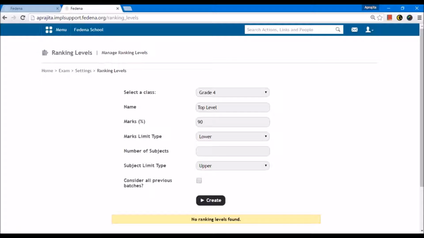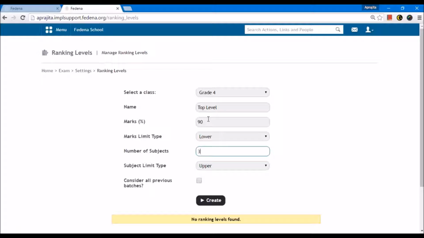Let's say it is lower, meaning 90 and above in how many subjects? You can specify that. So let's say in 3 subjects out of the subjects that grade 4 has, we want to have 90 and above.